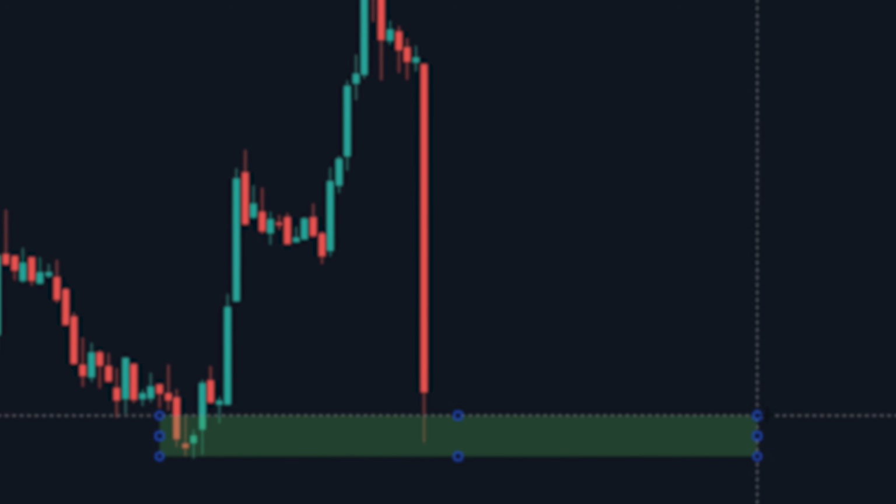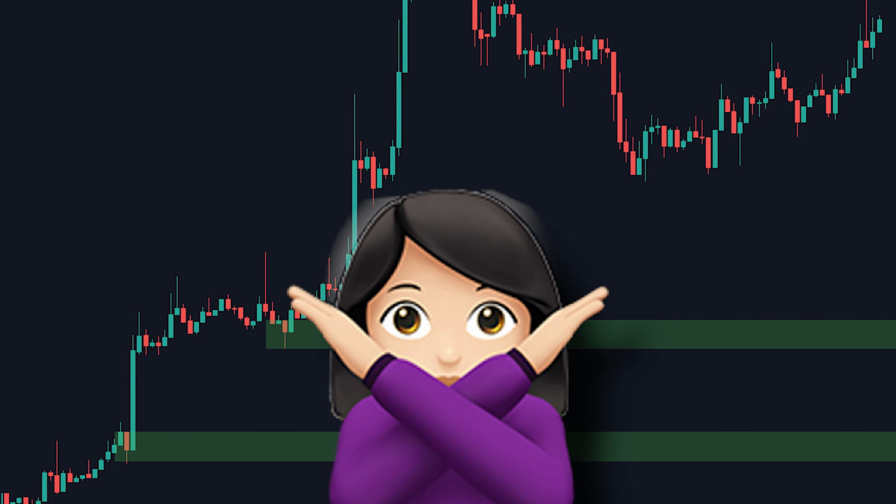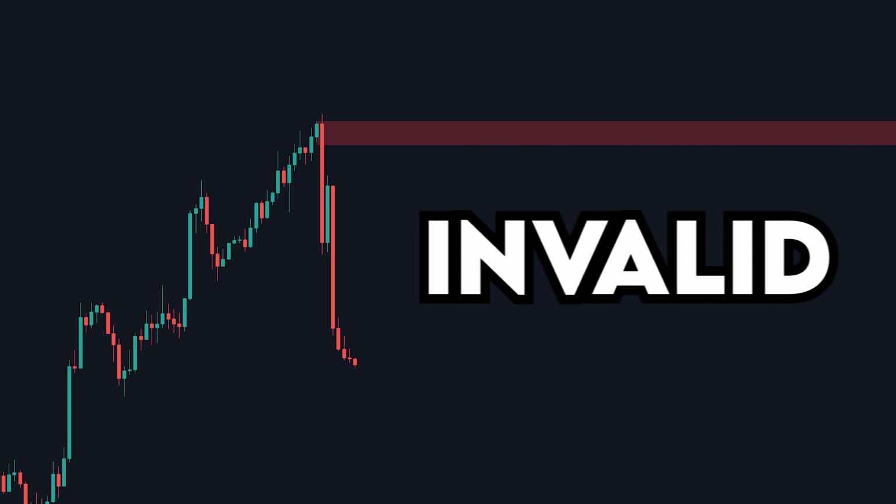The easy part is drawing the areas, but not all of these areas that we draw are going to be good areas. Actually, most of them are going to be invalid areas. This is how you decipher a valid area from an invalid area. But before that, have you tried